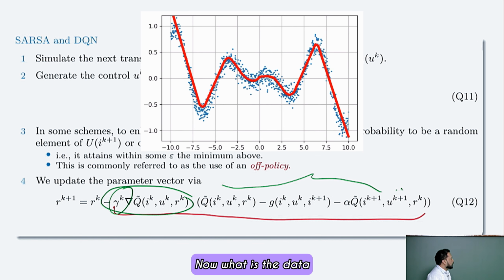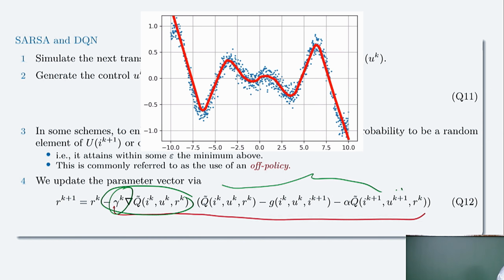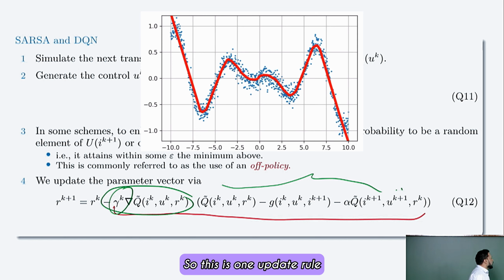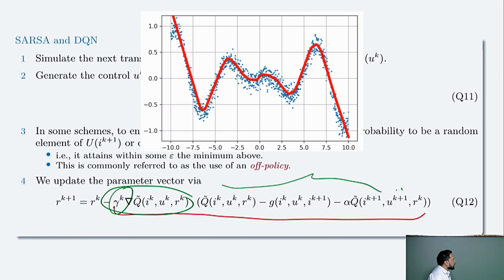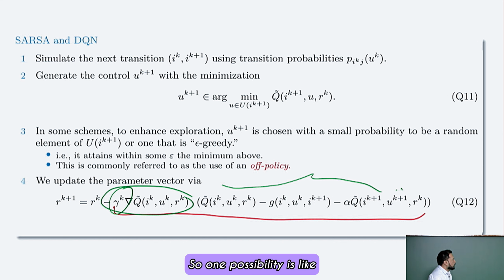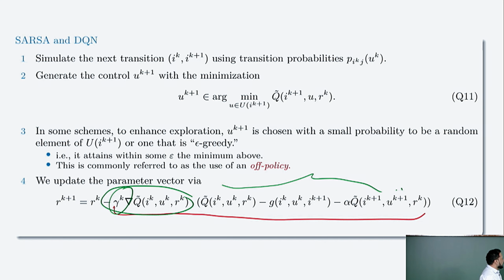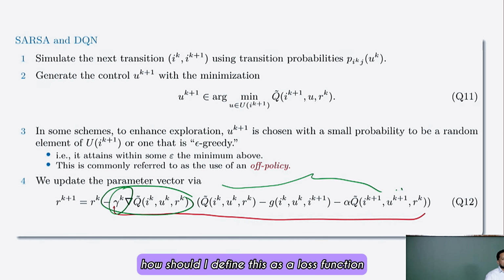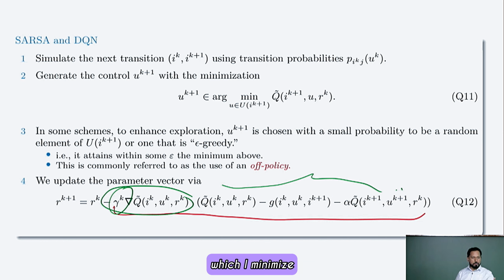Now what is the data? So let us look into more detail of this. This is one update rule where I'm trying to fit Q to some data. So how should I define this as a loss function? What is that loss function which I minimize? The corresponding gradient descent looks like this,